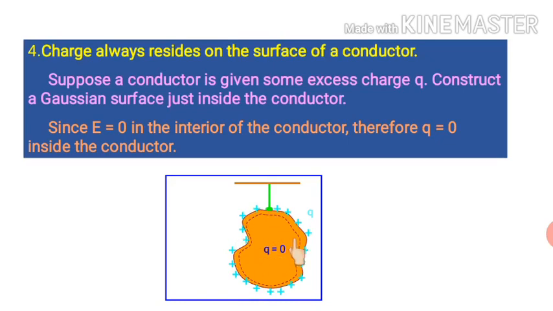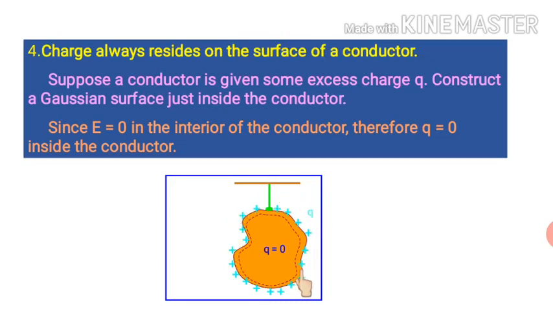One more reason we can give: being a conductor, charge can easily move. When charge can easily move, inside the conductor they will experience force of repulsion because of each other. Because of this repulsion, they want to separate themselves from each other, and then it becomes easy for them to reside on the surface of the conductor.